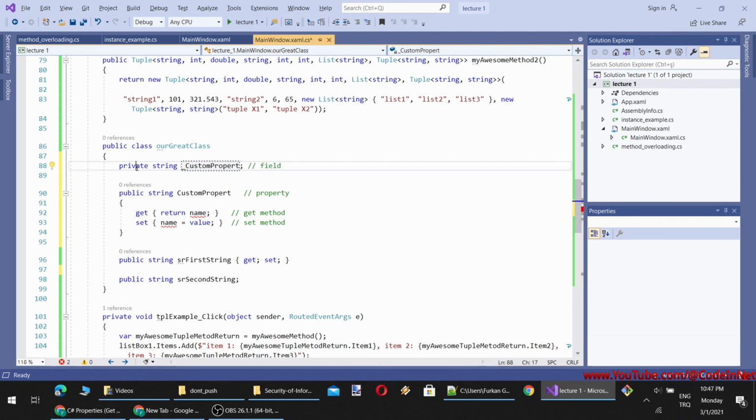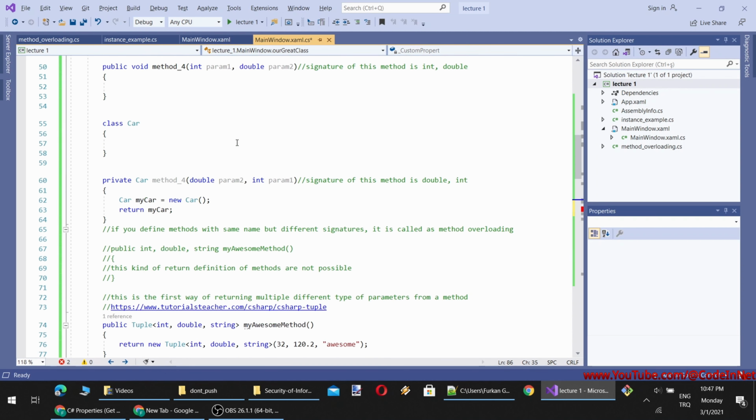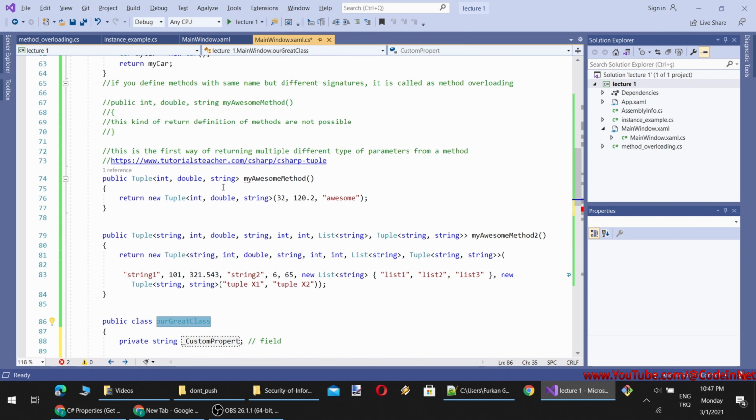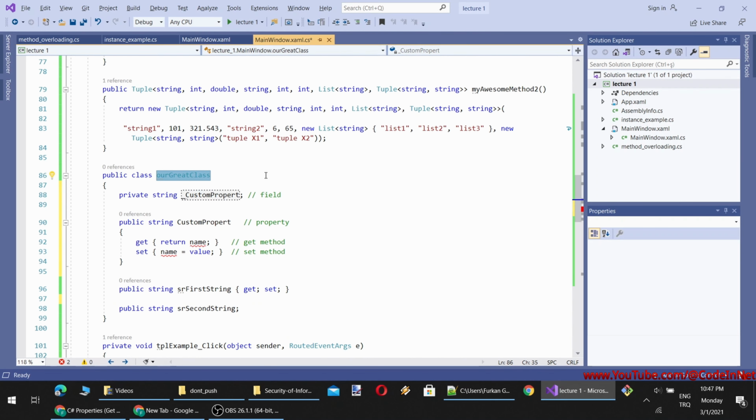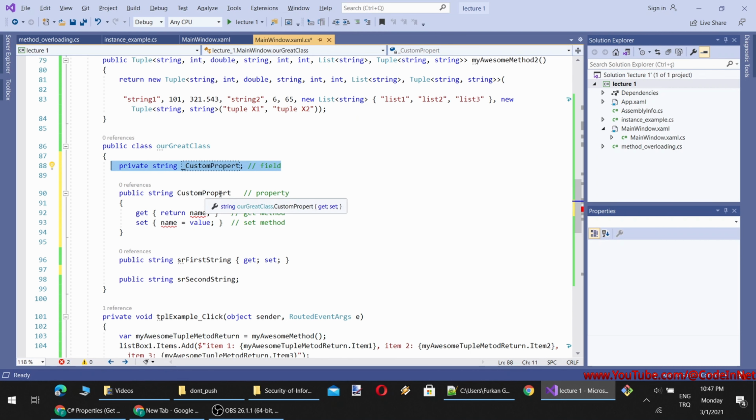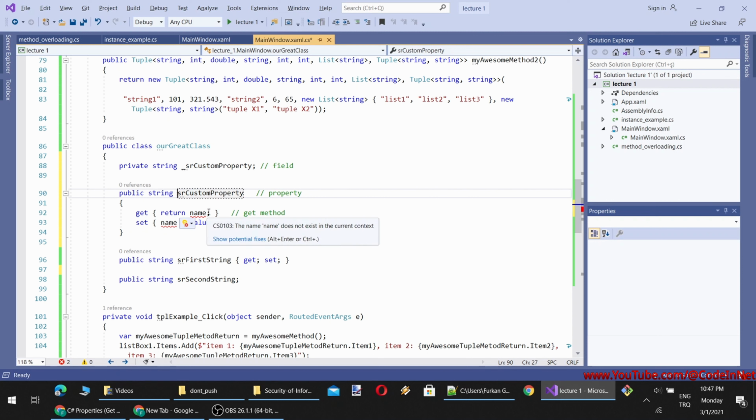Since this is private, it can only be accessed by the methods inside the class, not from the parent class. So let's name it as property. So when it returns the name, it will append datetime in front of the name like this as our custom property.